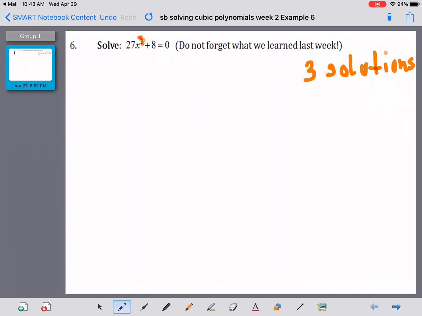And again, that reminder is the little parentheses and the big parentheses. Unfortunately for me, I don't have a calculator on the screen. I wish that I did, but what we're going to do is take the cubed root of 27, we'll get 3. We take the cubed root of x cubed, we get x. The cubed root of 8 is 2. We did a similar problem last week, but it wasn't the same. And then over here, it's going to be